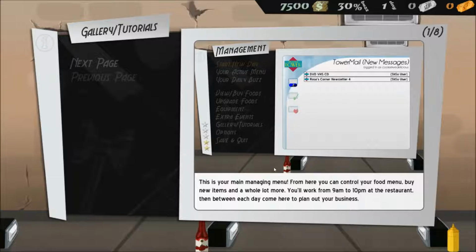But there, this is our main managing menu. From here, you can control your food menu, buy new items, and a whole lot more. You'll work from 9 AM to 10 PM at the... You what? 9 AM, a